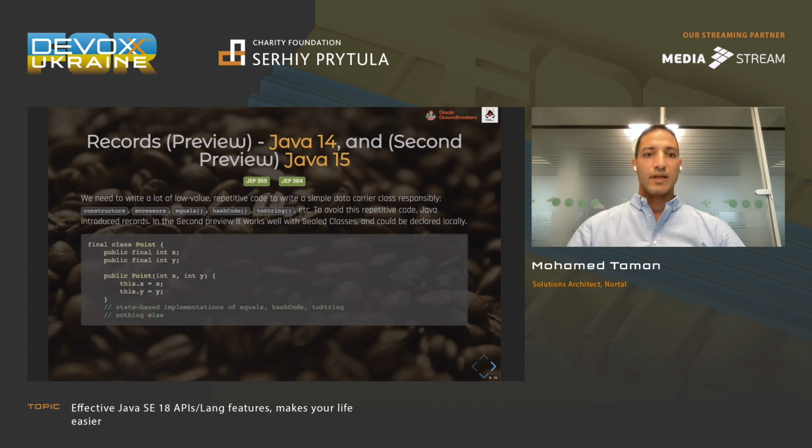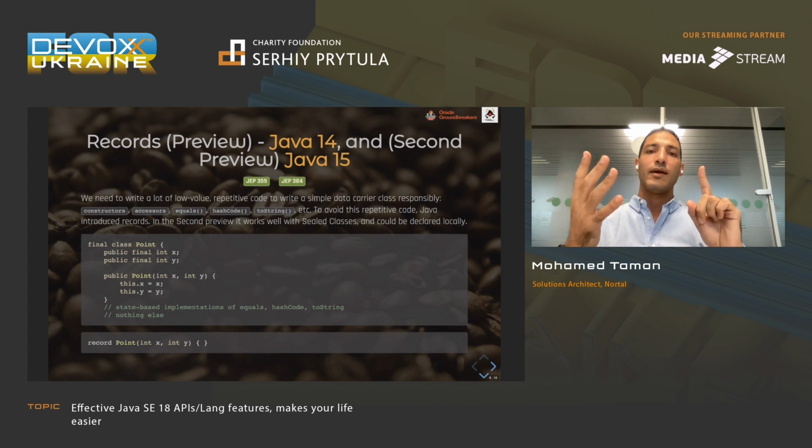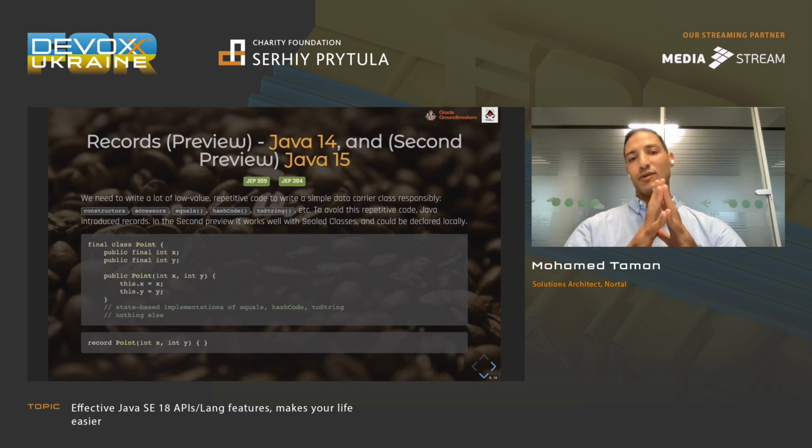So previously, if we would like just to introduce a class like this, just to hold X and Y values and to be immutable, you have the hashCode, you have toString, and all of this kind of implementation. Just with record, you can declare it like this. And all of those implementations will be done for you, like toString, hashCode and equals will be implemented for you because it's immutable.